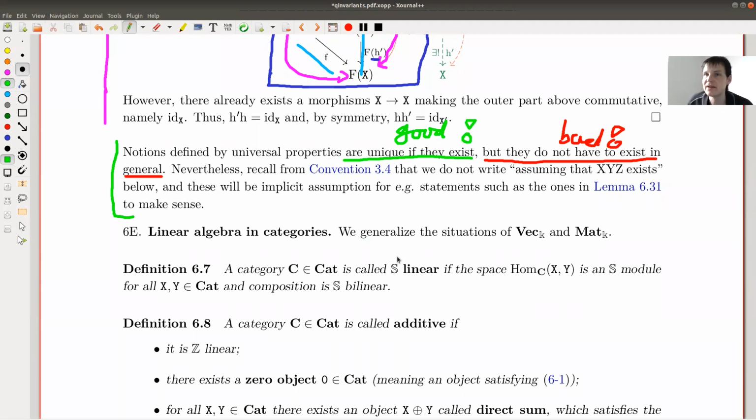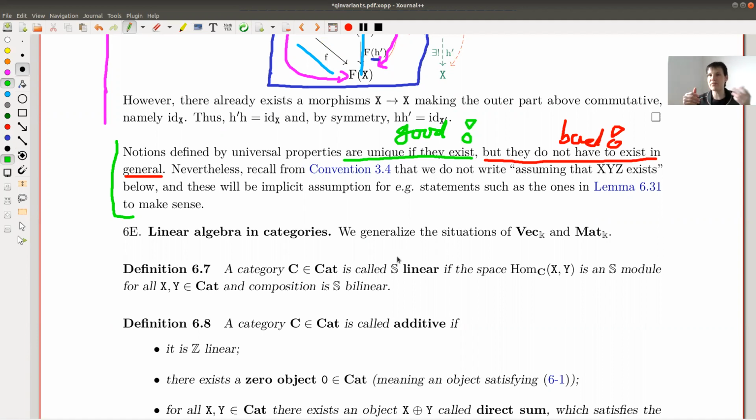Just remember that what I want to do is linear algebra in categories, and there will be the corresponding notion of direct sum, and there will be homological algebra in categories. There will be corresponding abelian things, and almost everything will be defined by universal properties. Universal properties are nice in the sense that the only thing you need to do in the end is to check that they exist, because if they exist, they are unique and satisfy basically everything we want. That's why people like to formulate everything in terms of universal properties, because then you have a blueprint map of how to prove things.